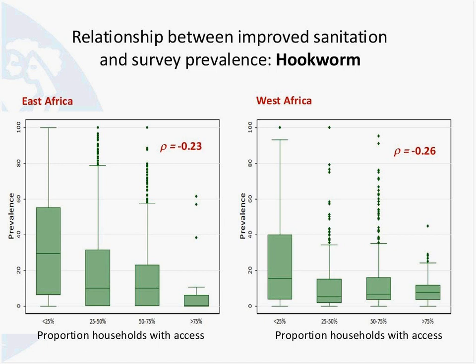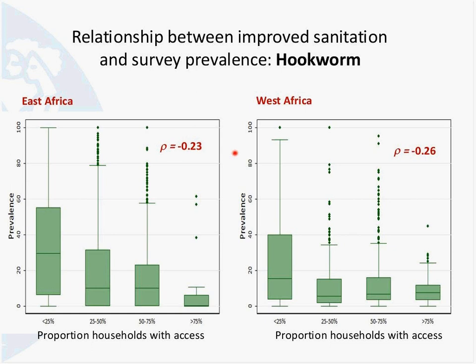And this shows here just what the relationship was between the two. And you can see here that there's a strong linear trend. So in this group here, this shows the range of prevalence seen for households where less than 25% have access to sanitation. And in this group here, this is districts where greater than 75% have access, and you can see there's a large reduction here,